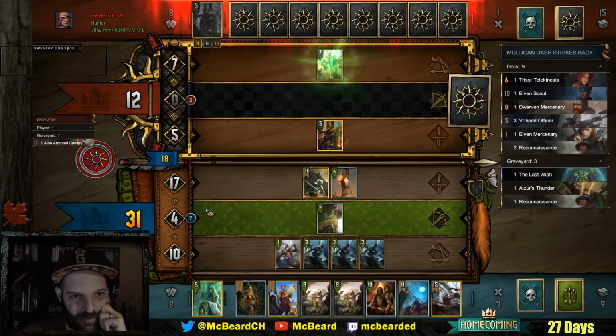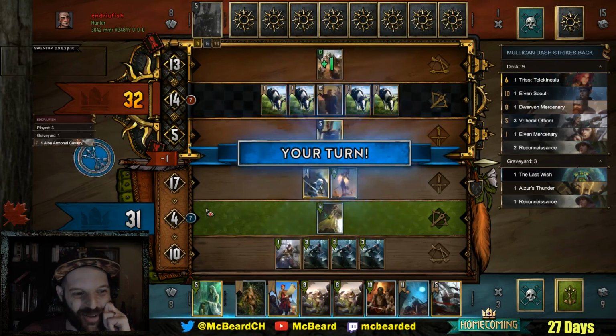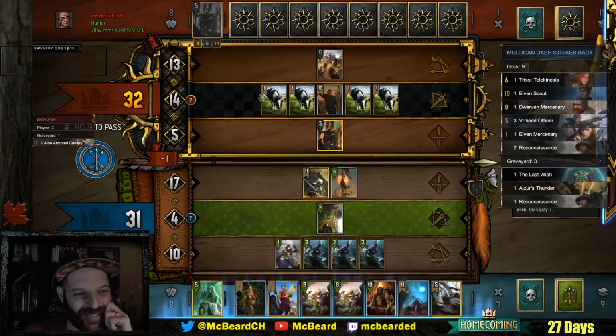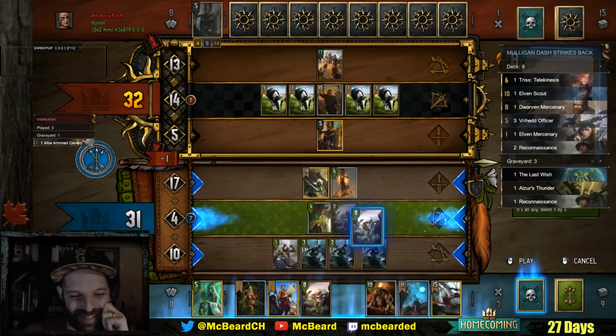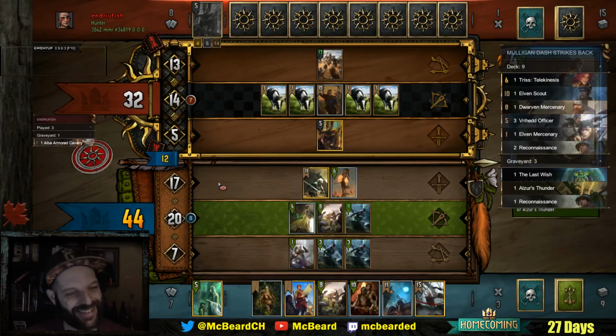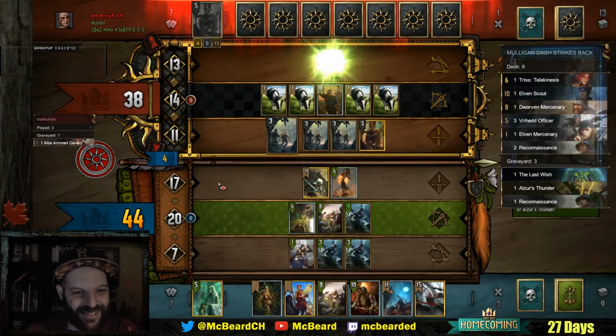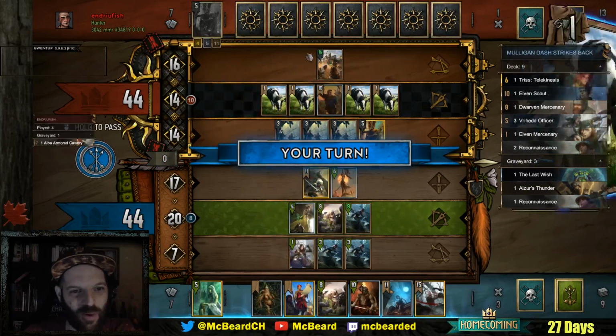Onward, sons of Nilfgaard! Whoa! This combo here, respect. Now we must stick together. What the hell is that? Hey, I've been experimenting with the End-Crate Marauders and Bran. It hurts him. Wow, this is like a super thin...